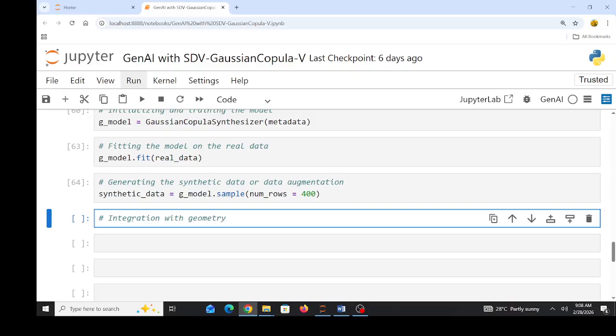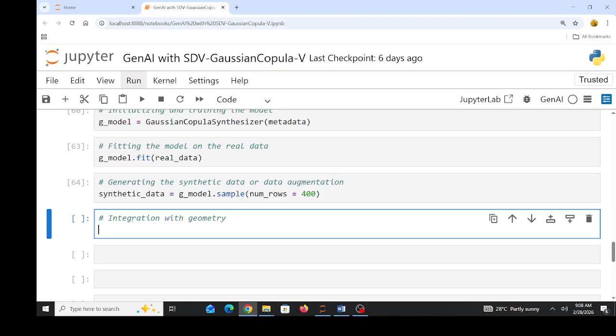Go back to it. So let's call it again sampled geometry. This is our geometry we need. Sample geometry